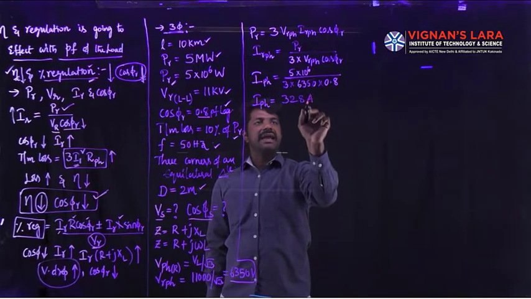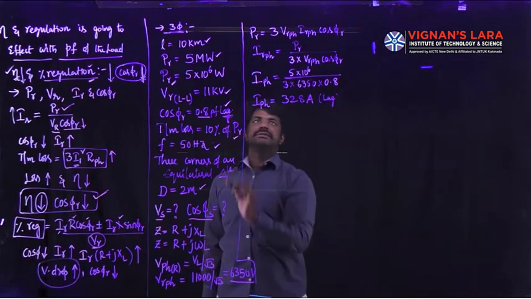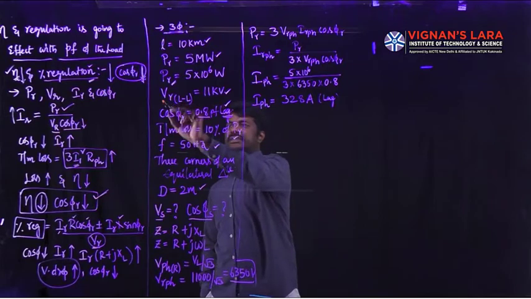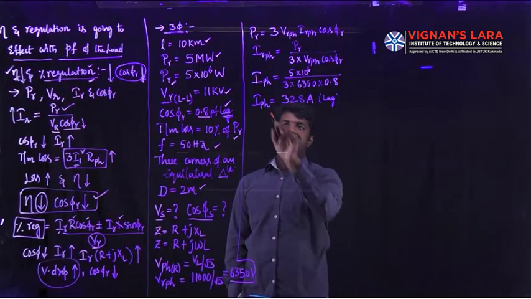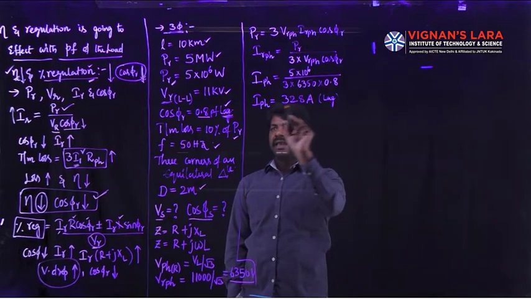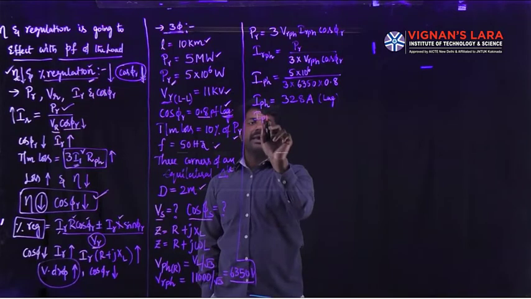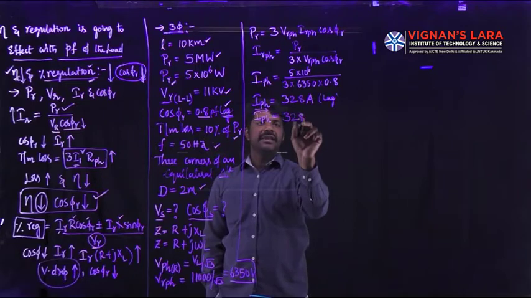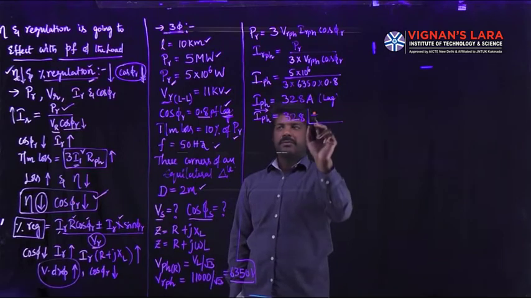And this current is a lagging current, if you observe clearly, because the power factor is a lagging power factor. All these power factors, whatever they have given, is taken into consideration with receiving end voltage taken as reference, at an angle 0. Then the current IR will be 328 amperes, which lags the voltage by an angle of 36.86 degrees. Therefore, the current magnitude we calculated can be written in phasors as 328 amperes per phase, which lags. Lagging is indicated with a negative sign, with a power factor of 0.8.